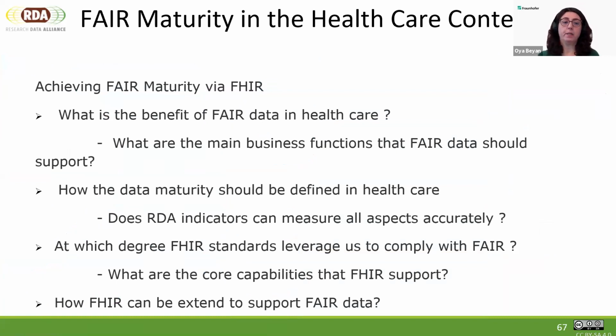What we should actually be doing in the health domain too is look for a similar model for exploring the benefits of FAIR data in healthcare, and how we can build maturity models by leveraging existing standards and extending them for the specific needs of FAIR data. Here, I will give the floor to Georgia, who will talk about FAIR4Health.